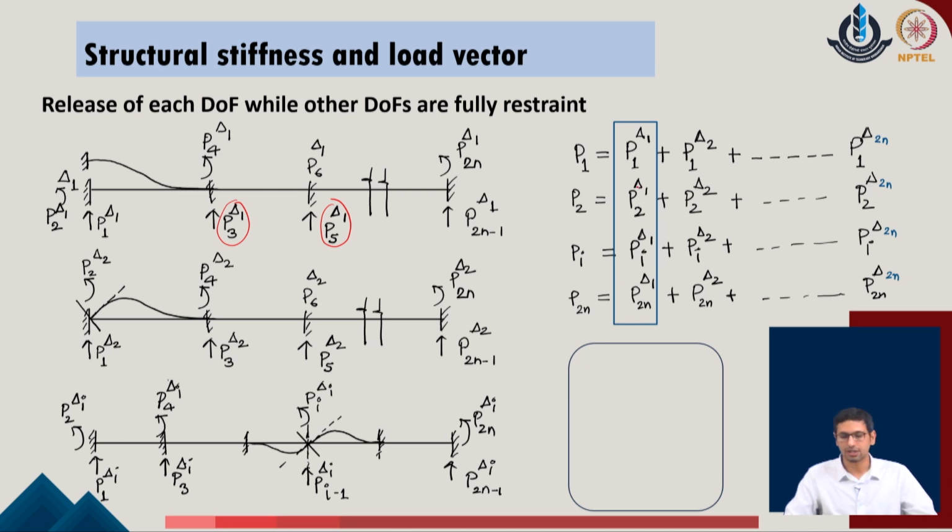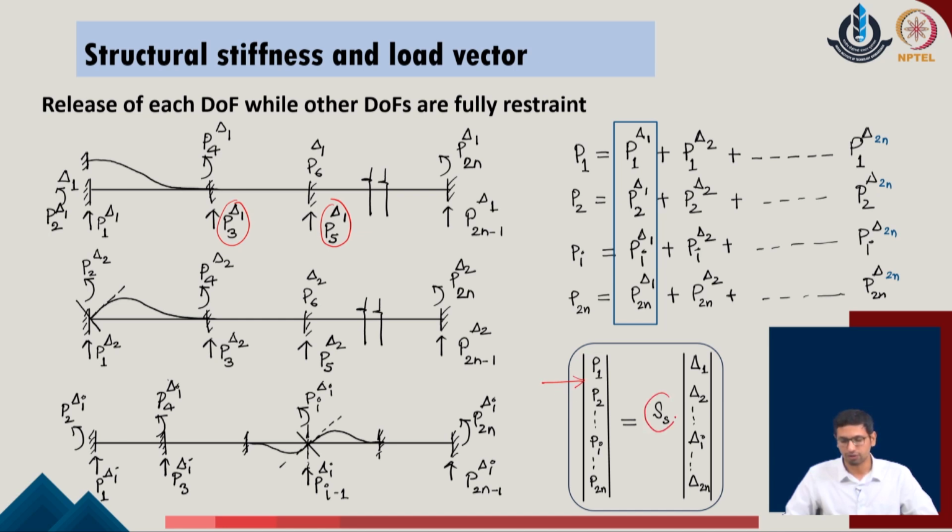If we generalize these equations together, we can write them in a very simplified form: the load vector of the given system is equal to S_S, which contains the stiffness matrix of the overall system, times the amount of deformations, which includes both the free as well as the restrained deformations in the given problem. So, in the defined order of the degrees of freedom, we have identified the overall stiffness matrix for the given system, but this generalization has not taken the member route. We have identified this concept based upon what is already known to us from the simple stiffness point of view.